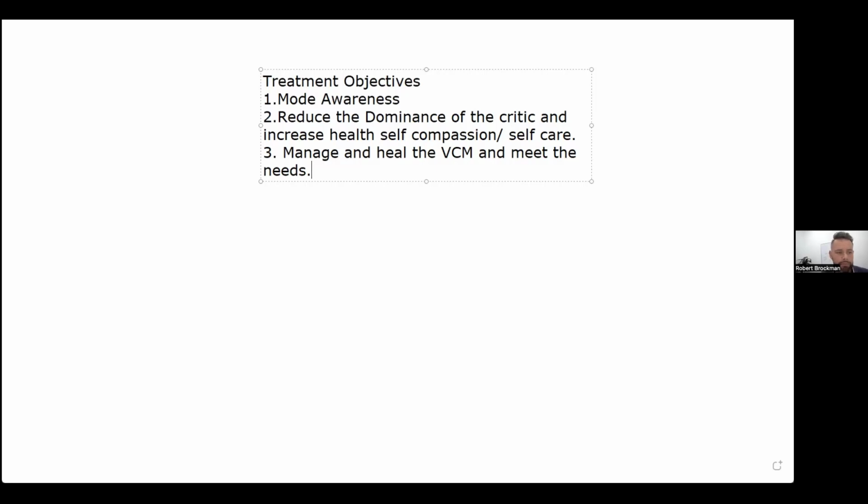So that's another objective. And of course, some of the focus will be doing things like imagery rescripting and having a limited reparenting focus. And number 4, I'm just going to make an example, with this fictional case of someone with a lot of avoidant protector. You'd be addressing the over reliance on avoidance coping. So I usually write this up as reducing an over reliance on the coping mode, so reducing an over reliance on avoidance coping,